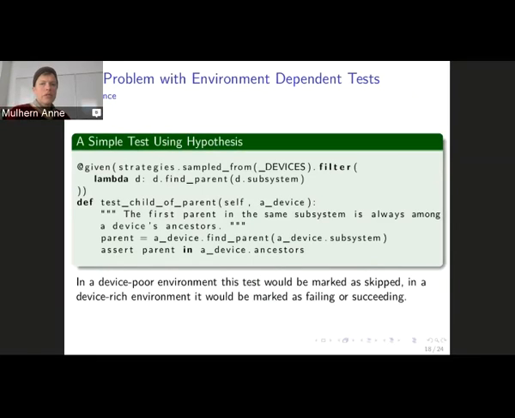I would like to have something simpler where I could just say, grab me the relevant devices, and then it would be handled properly and skipped properly. Okay, so that's the fly in my ointment at this time, the admission that Hypothesis doesn't solve every one of your problems perfectly.